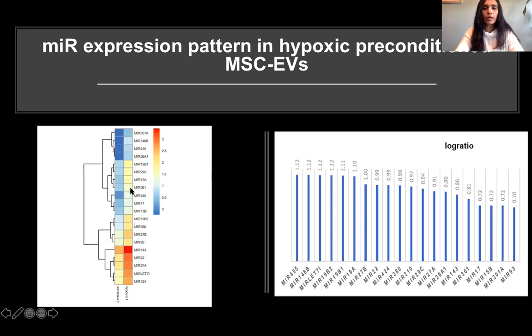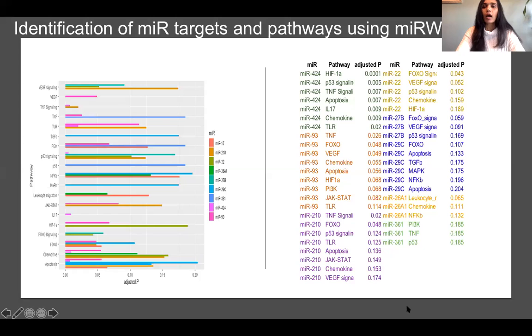So here is the heat map showing the differential expression of the MIRs. And this is the same thing represented as a bar graph. And these are the different significantly regulated, deregulated MIRs. Out of that, we used miRWalk, a program which helps to identify MIR targets and